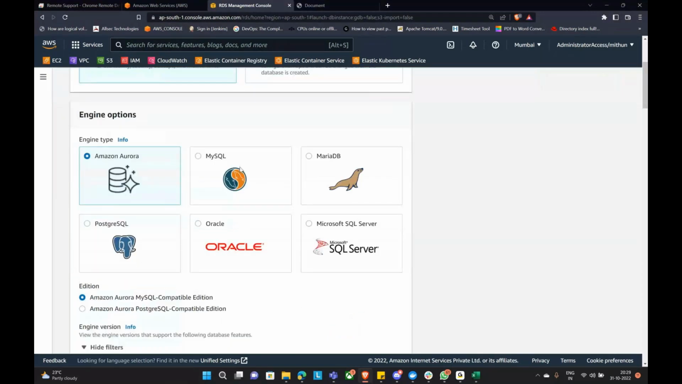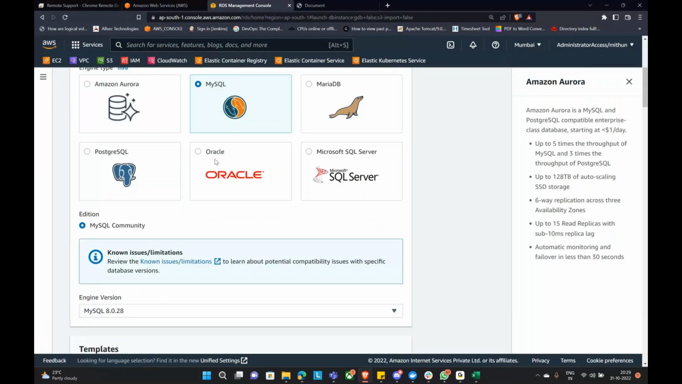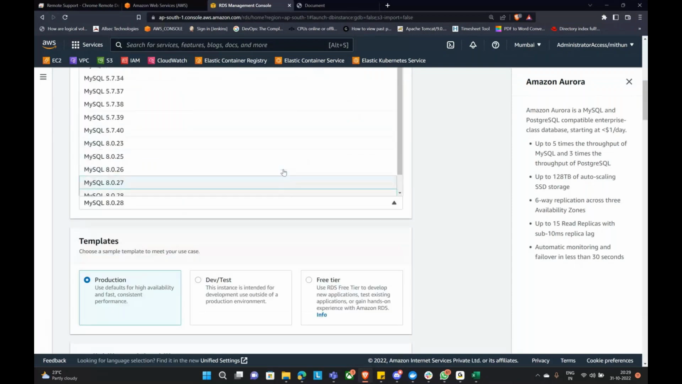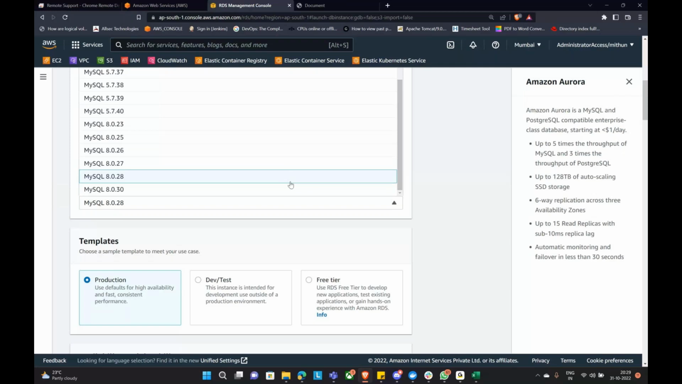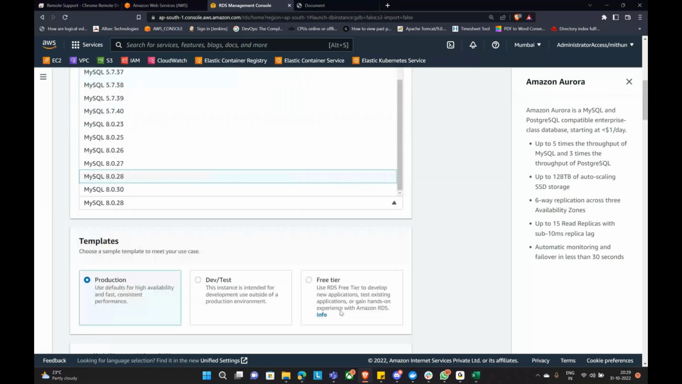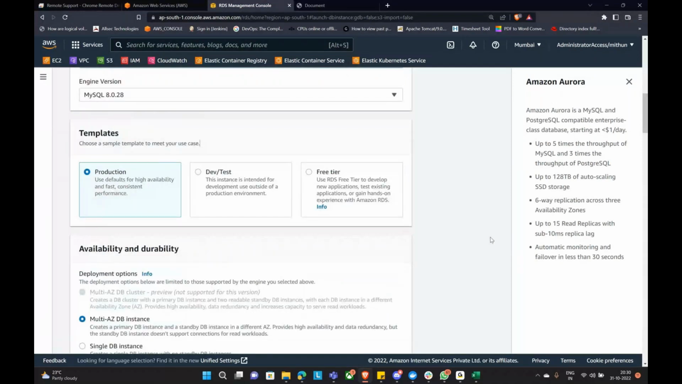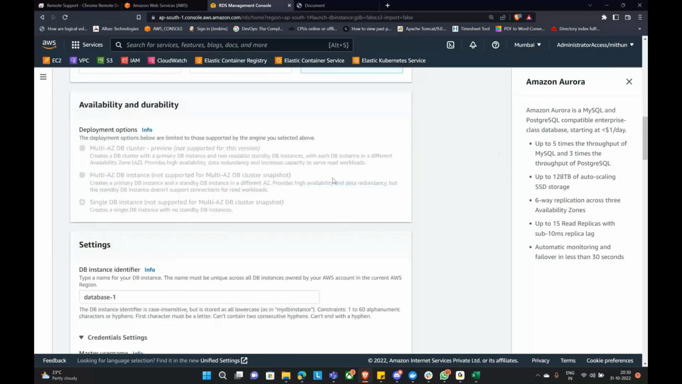So select MySQL, right? Now which version? This version will be given by your developer. So which version do you want to use? Okay, Amazon supports from 5.7.33 to 8.0.28, so it depends on your environment. And always select free tier, because RDS is also, if you select production, it will not be under free tier. Okay, so always select free tier here, and any name you want to give, you can name it